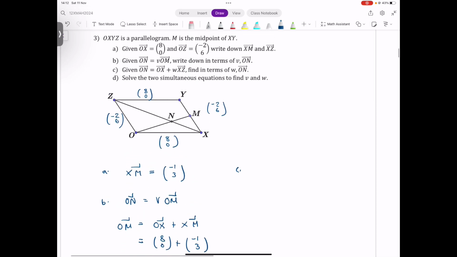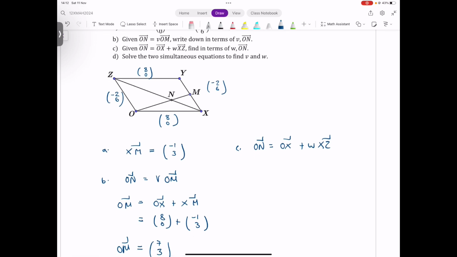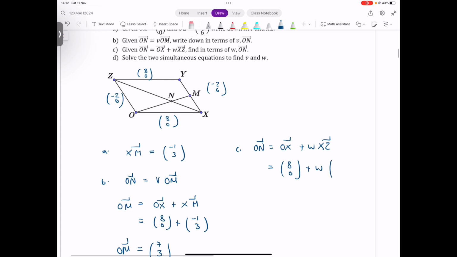Part C says, given that ON is equal to OX plus W XZ, write ON in terms of W. Let's have a go at that. So we've got ON is equal to OX plus W times XZ. First of all, OX, we're told in the question, is (8, 0), plus W times XZ. Now, XZ,